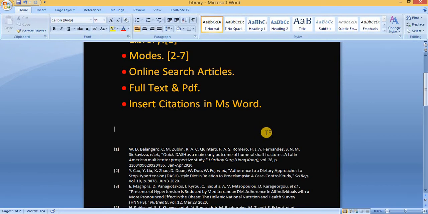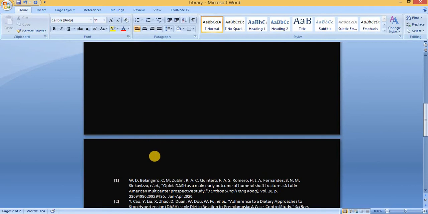Our references should be on the last page, and here we can give the main references.